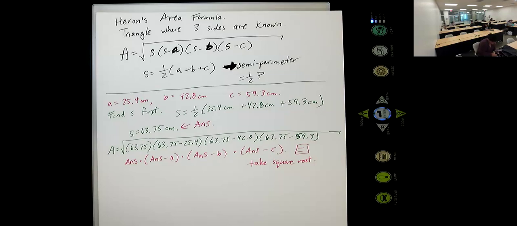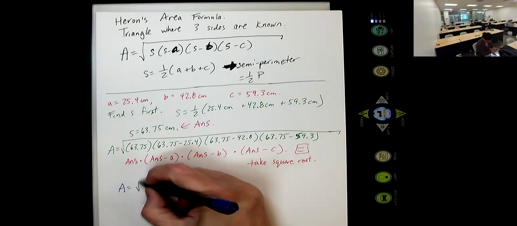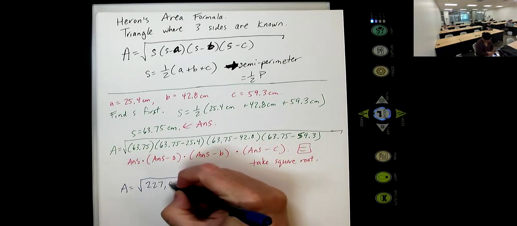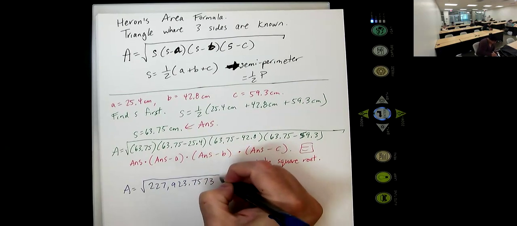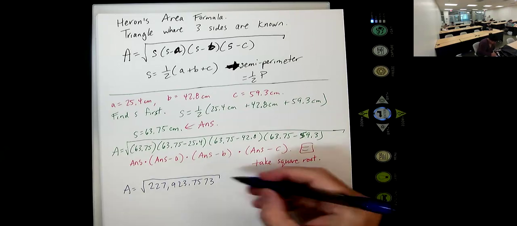And my answer that I'm getting before the square root is 227,923.7573. Take the square root of that. And I'm getting